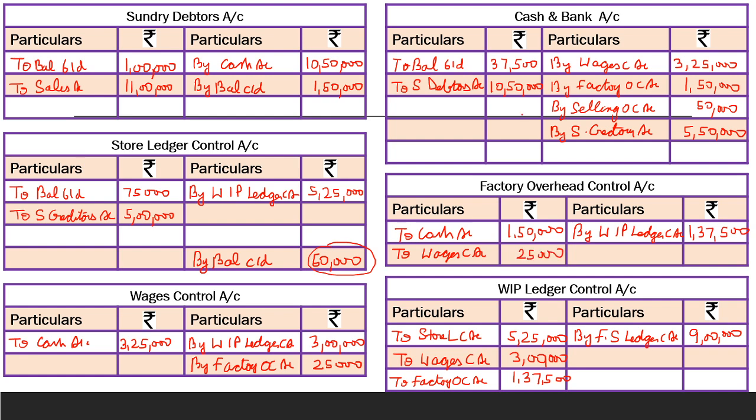Our next account is cash account. Here on the debit side there are two entries, 37,500, and sundry debtors, cash received from sundry debtors amounted to 10,50,000. So the balance is on the credit side and the balancing value is by balance carried down 12,500. On factory overhead our balancing value is by balance carried down, and in our factory overhead 37,500 is our balance. WIP ledger control account, on the credit side we write the balancing value which is